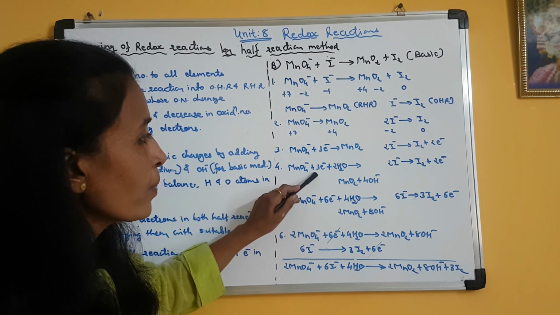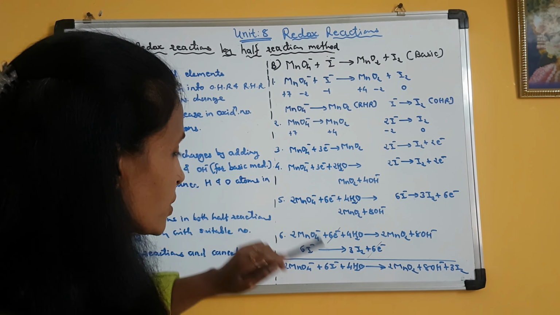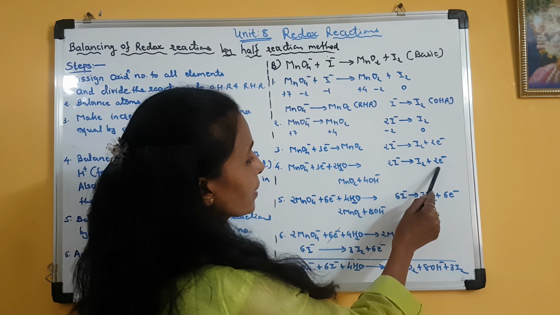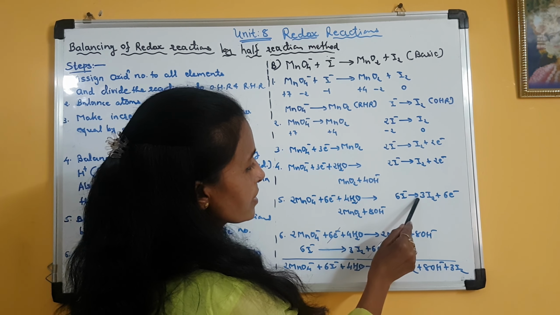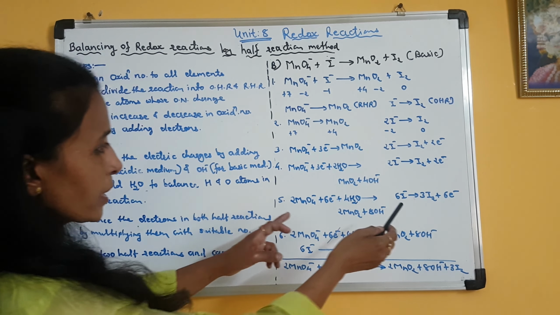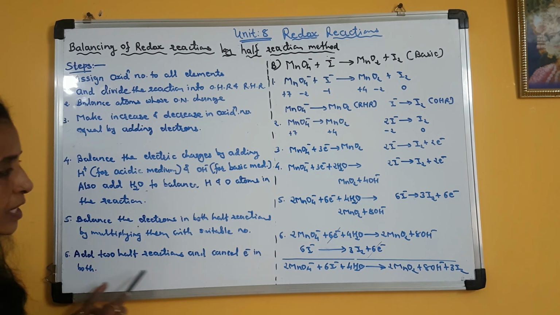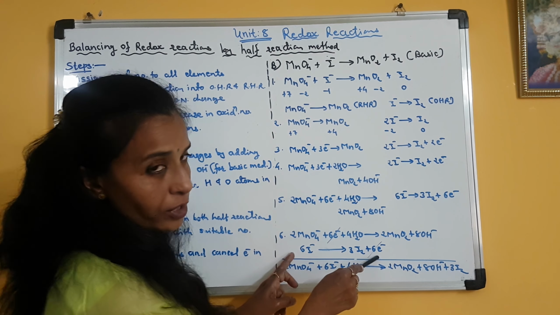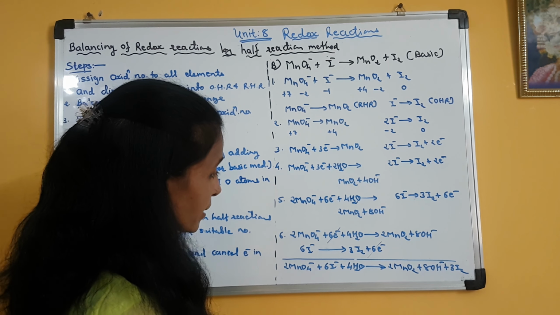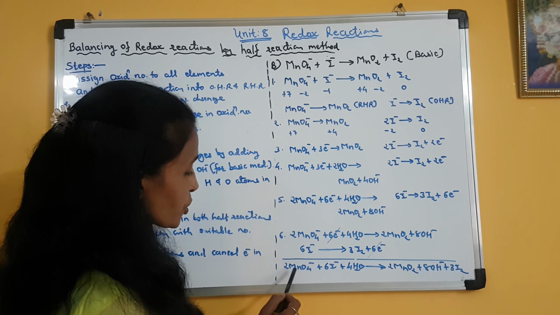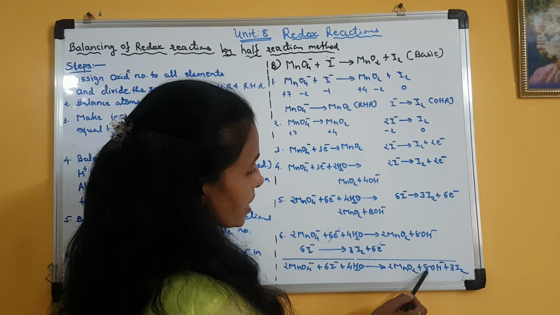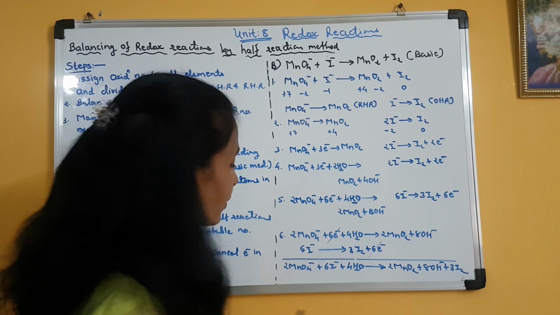Why? Because I want to make the number of electrons the same in both the reactions. Now the oxidation half reaction, here I have to multiply it by 3. So I will write 3 2s are 6 I minus gives 3 I2 plus 3 2s are 6 electrons. So now in both the reactions, electrons are also the same. So the final step, I will add them and cancel the electrons. So I added the reactions, cancelled the electrons, and this is the final equation: 2 MnO4 minus plus 6I minus plus 4 H2O gives 2 MnO2 plus 8 OH minus plus 3 I2. Now let us verify it.